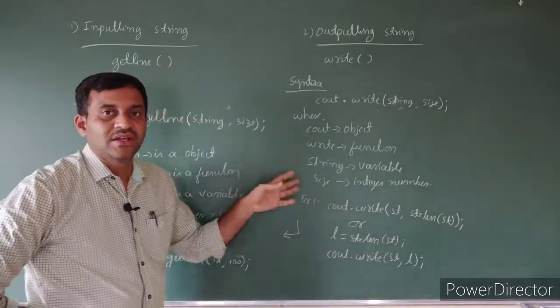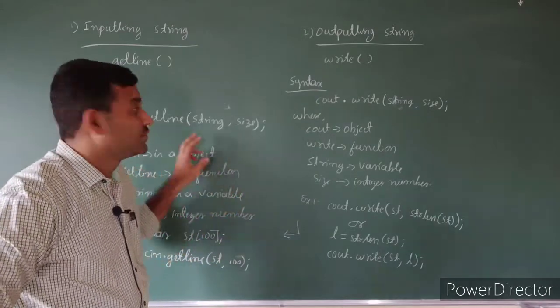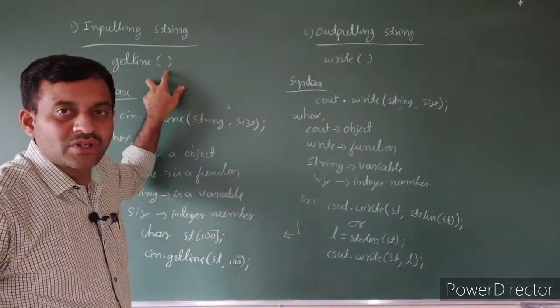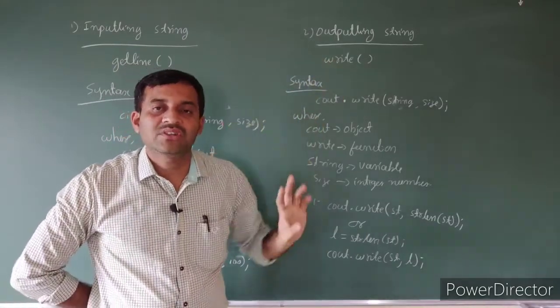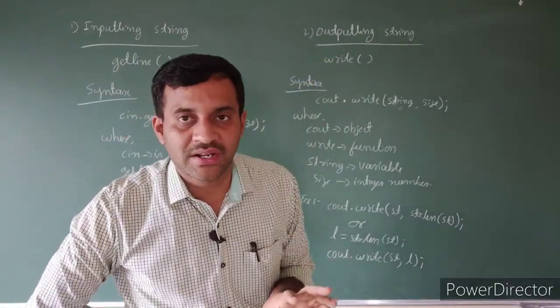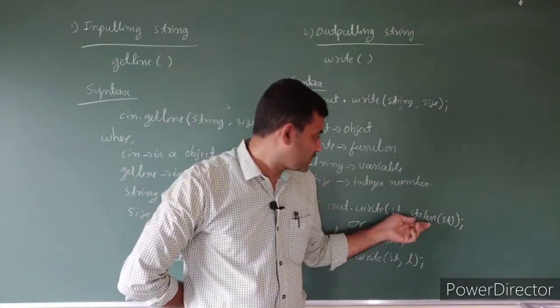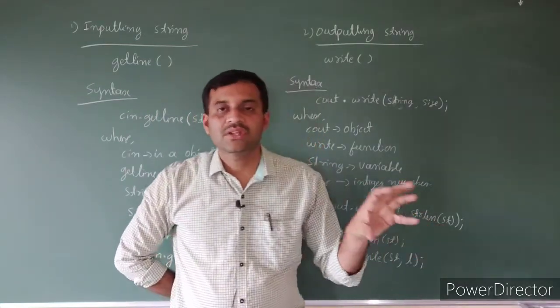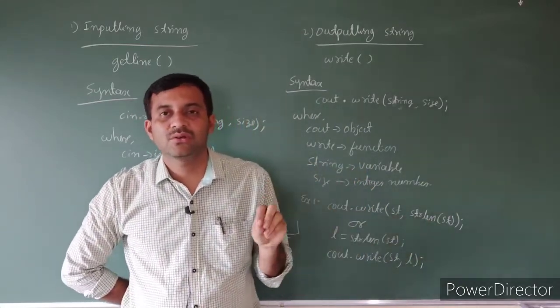So these are reading and writing strings. How to read? Using the function getLine, we input a string. To output a string, we use the function write. Both the getLine and write functions belong to the header file iostream.h. But here we use the function strlen to know the number of characters. If we use the function strlen, we must include a header file